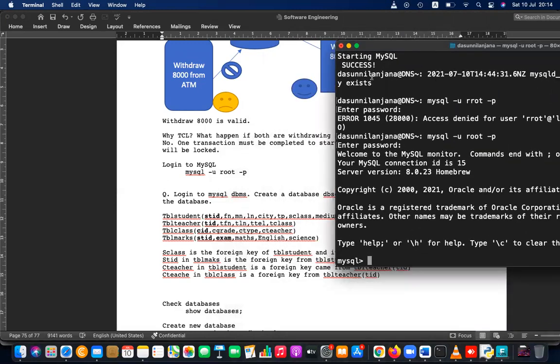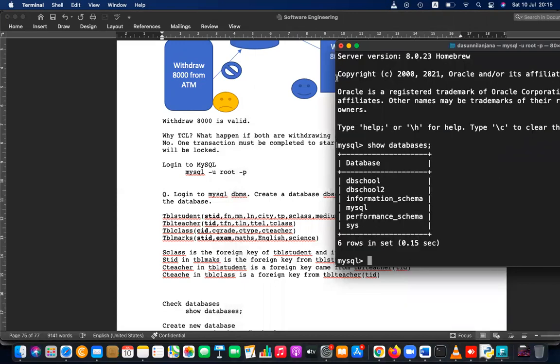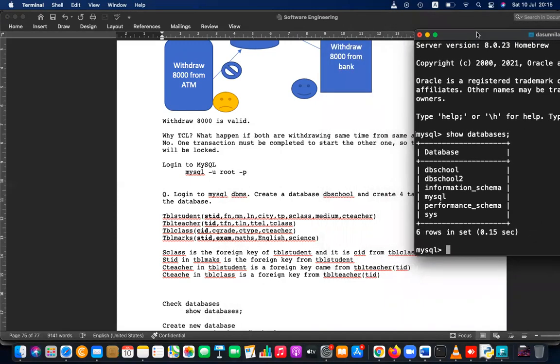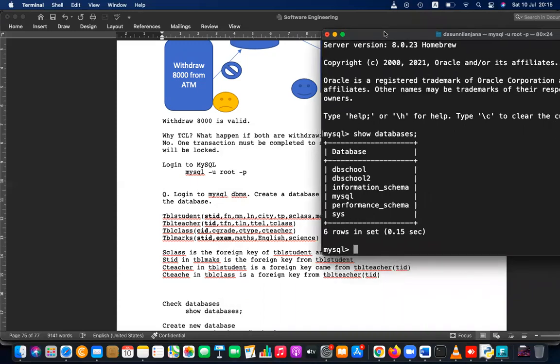Now I want to show the databases. Show databases. And you can see DB school is there. Actually, I have to create a DB school database. To do that, I have to use create database DB school.